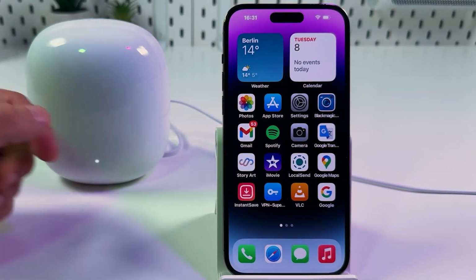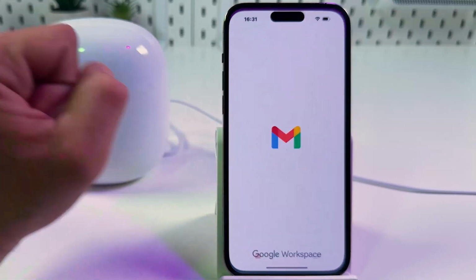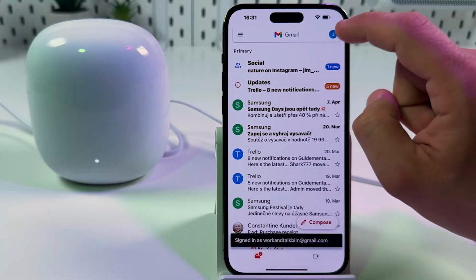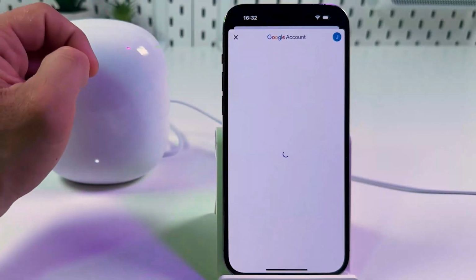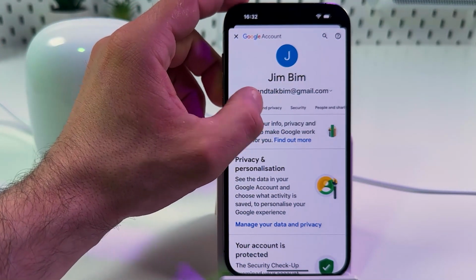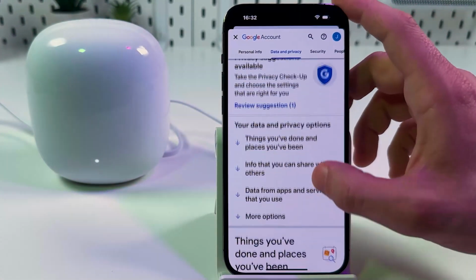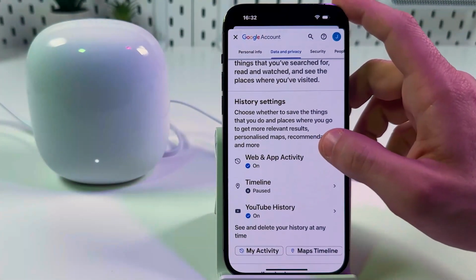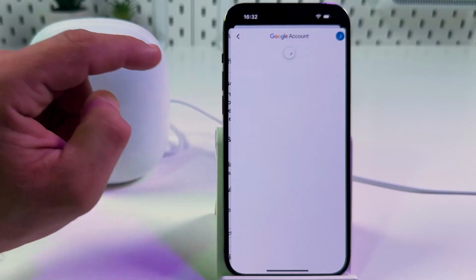Another thing you can do is clear your Google activity log. To do this, open Gmail application and tap on your profile icon at the top right. Now tap on Google Account, and in Google Account on this toolbar select Data and Privacy, this one. Now scroll down to this section, History Settings, tap on Web and App Activity,